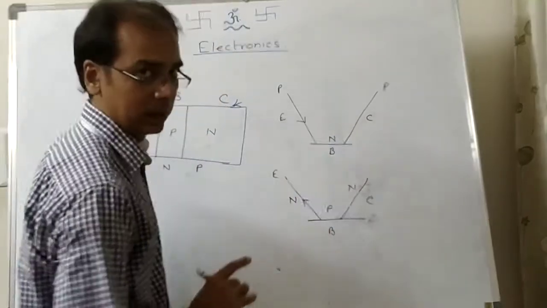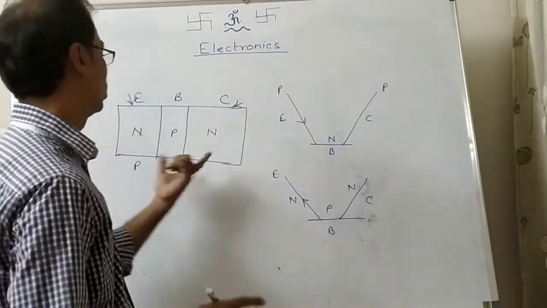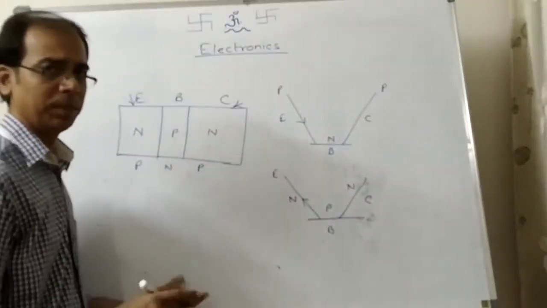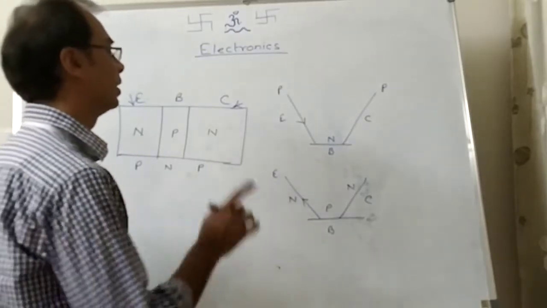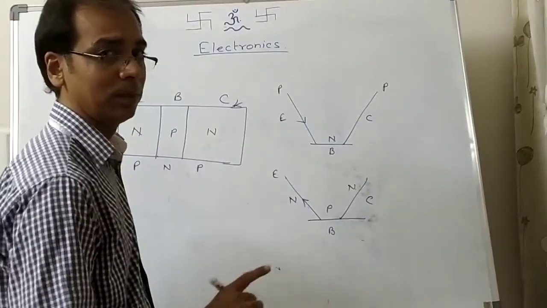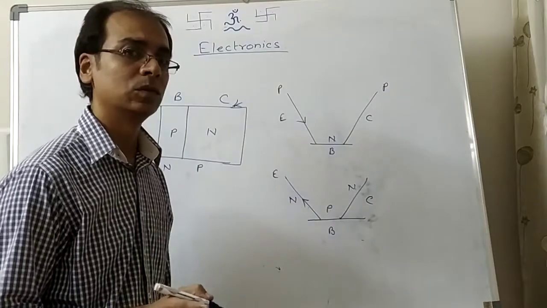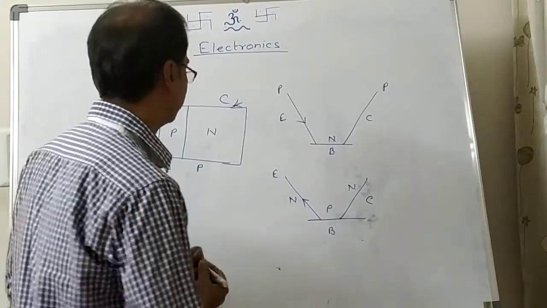Okay, so remember that. This is how we show it in the circuit. Either it will be shown like this or they can show it like this. It depends, but you have to identify which one is NPN and which one is PNP, and always remember the direction of current will be between emitter and base, not in collector. Okay, so it's easily identifiable.